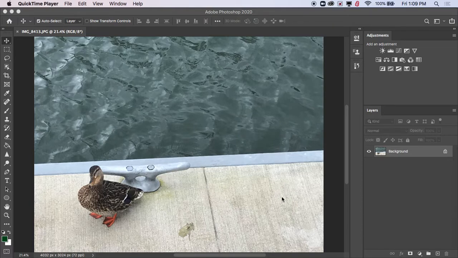So this video is all about how to use the tools in Photoshop. I have a photo open here of this duck, and I'm going to use the tools to change a few things about it. First, before you get started with using the tools in Photoshop, you want to make sure you have your workspace set up so that it's the most efficient for what we're going to be using